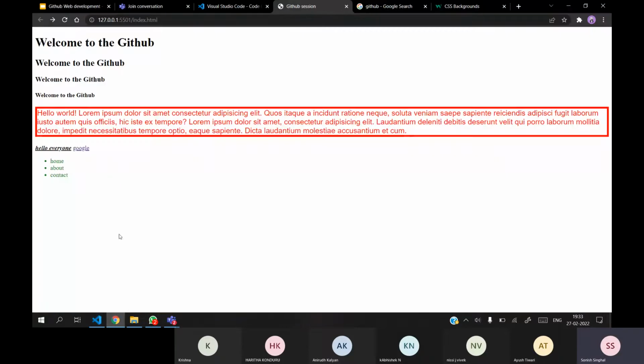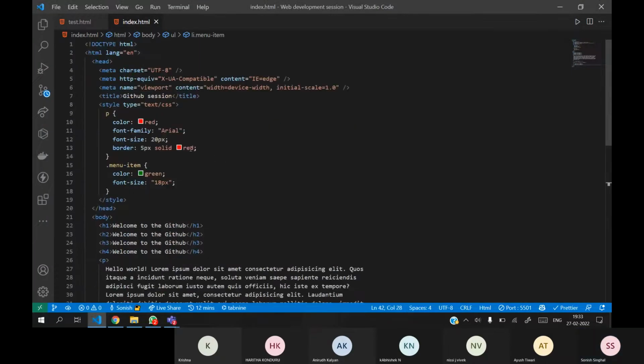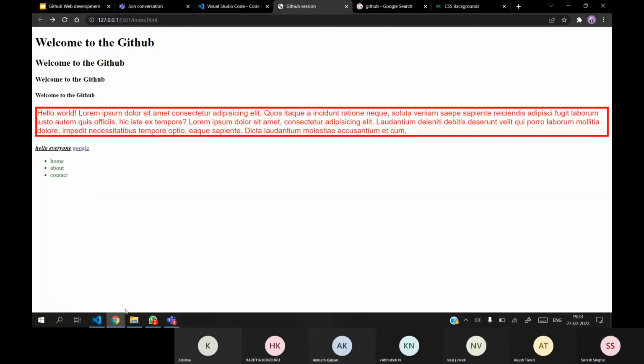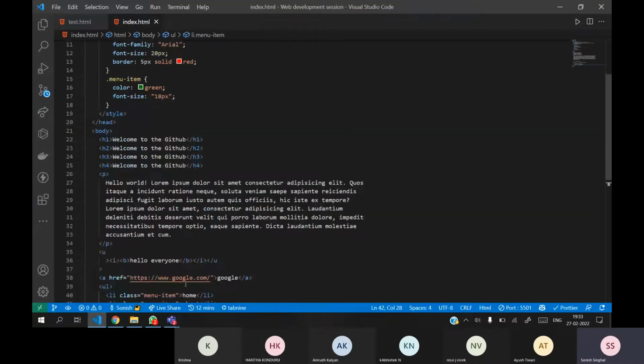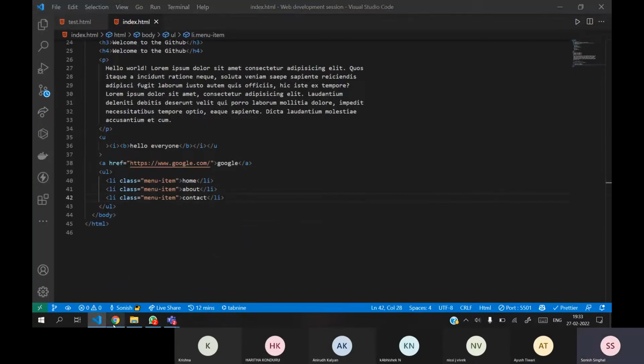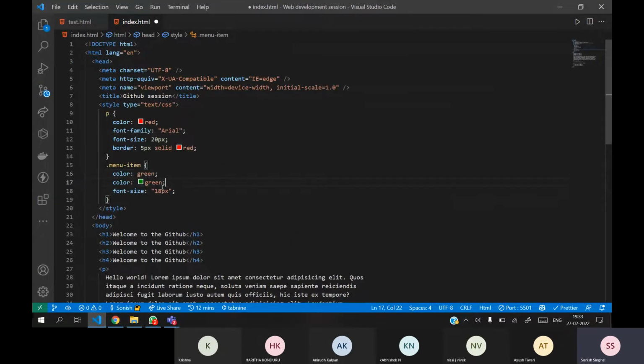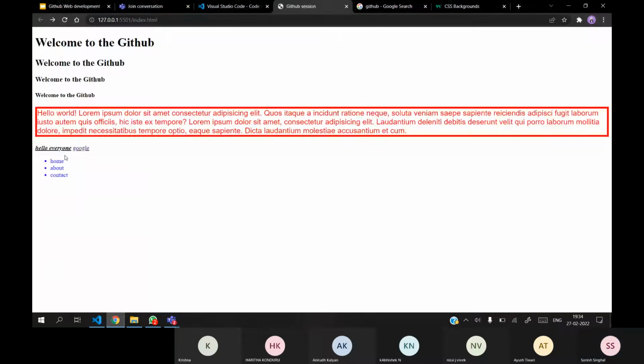Now I have saved the document, then you can see that the green color property we are applying for the class menu item is directly applied here. Okay. One more thing, suppose you are adding a color, and there is already a color. After that, you are still applying a color, let's say blue. Then the later one will be executed. Green won't be applied, blue color will be applied, if you are applying the same property in the CSS. So let's see, the blue color is executed here.